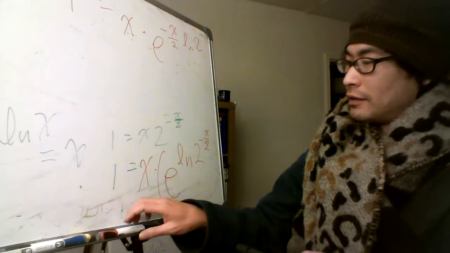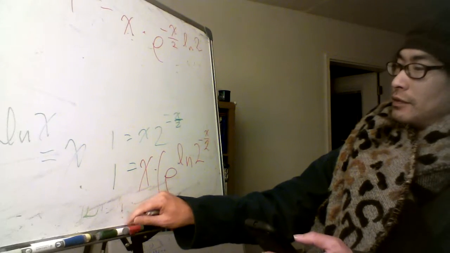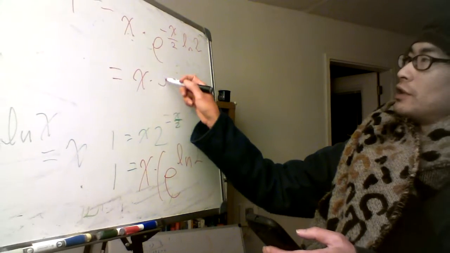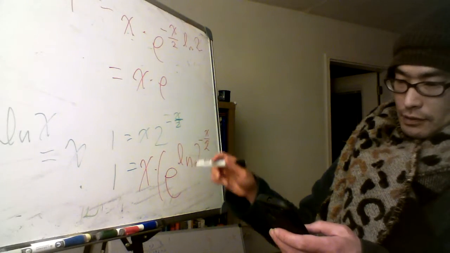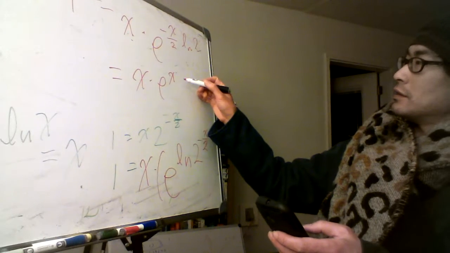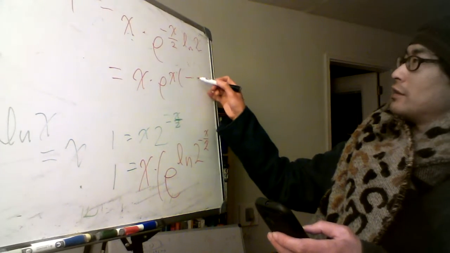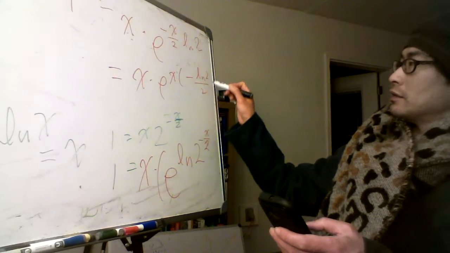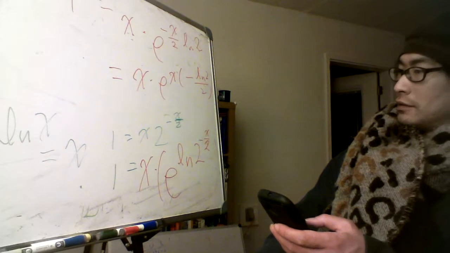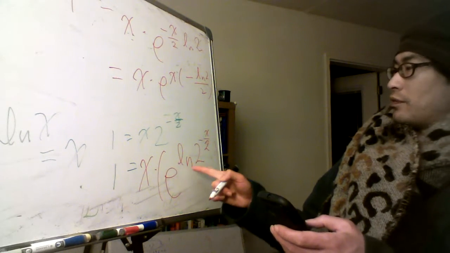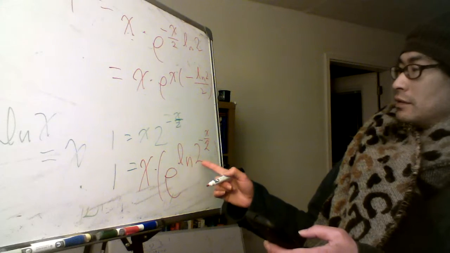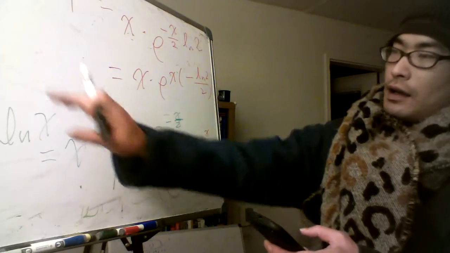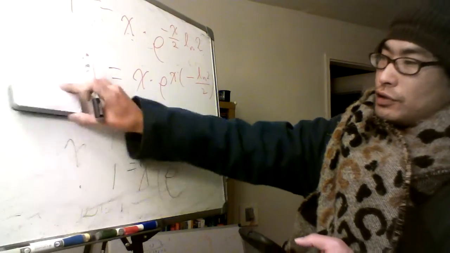Okay, here. So this is equal to x times e to the what? E to the x minus ln 2 over 2, okay? Yeah, it comes from here. And then he substitutes